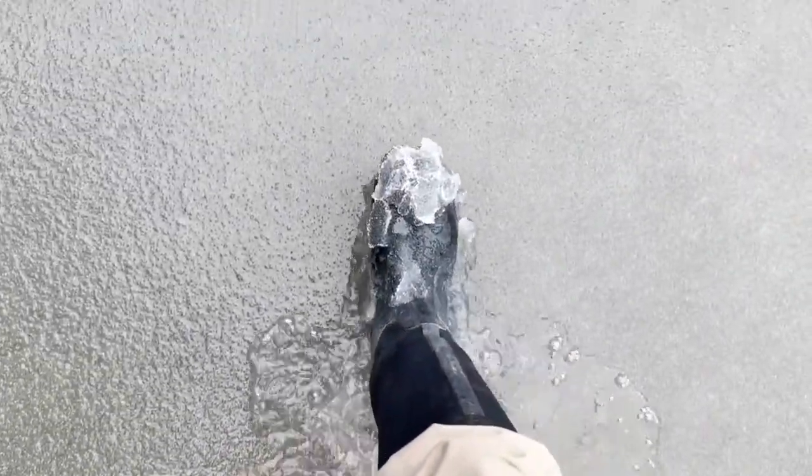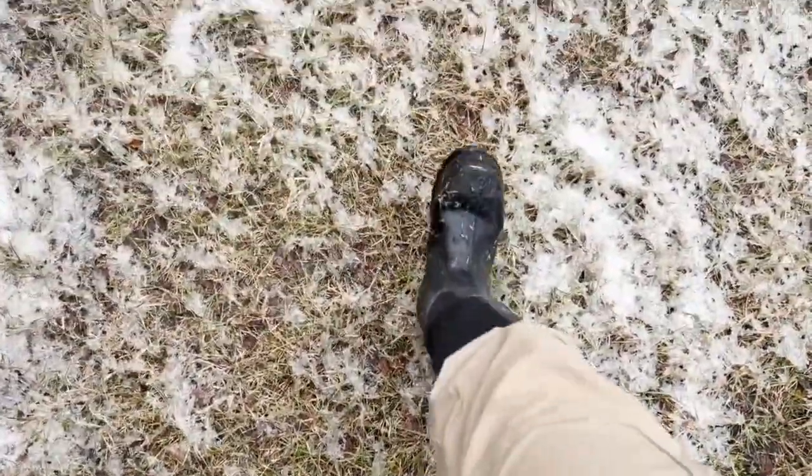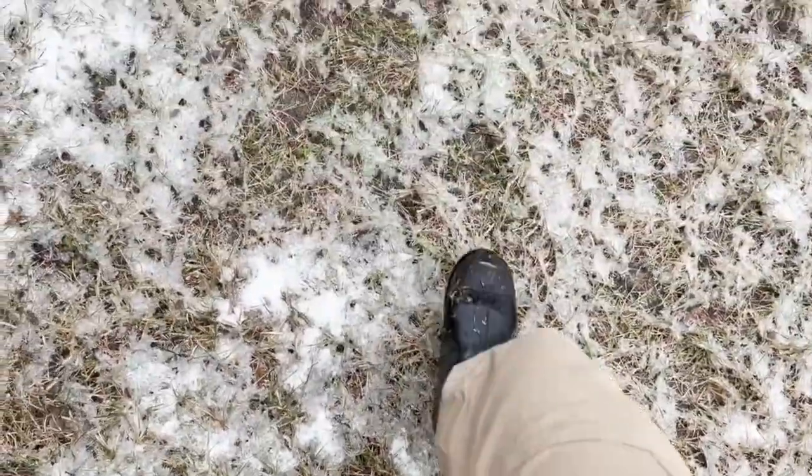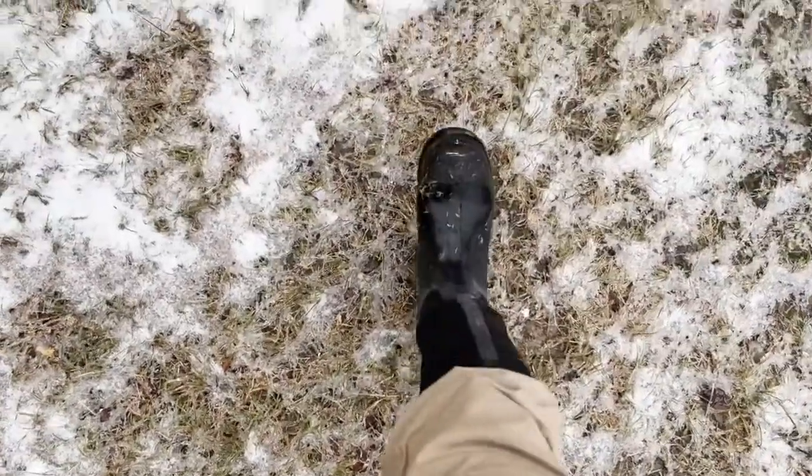It's kind of slushy, right? The question of, can I feel the water through my boots? No, I can't. These boots are complete rubber. All I can feel is that my feet get a little bit colder. But I think that's just because of what is called conduction. Conduction is when your body touches something else that's either cold or hot. So if you're